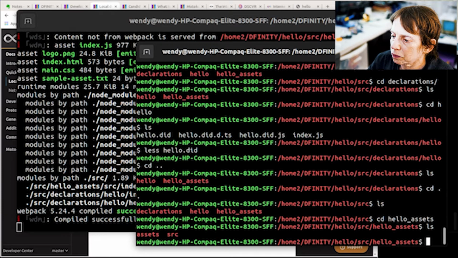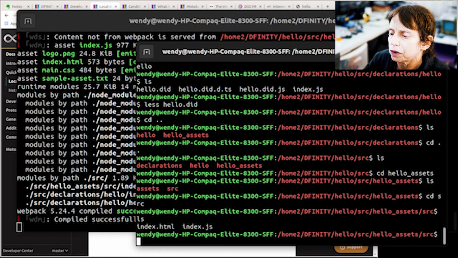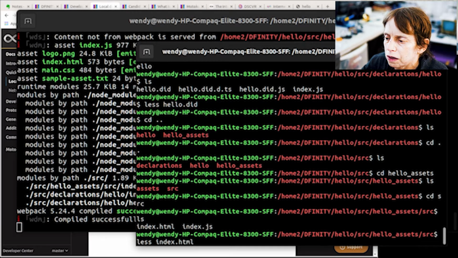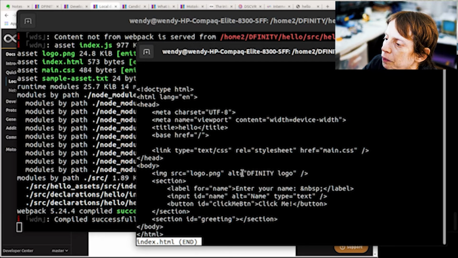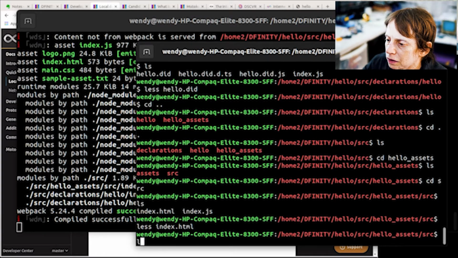If you look at source here, you have your index HTML, and that's going to produce our UI. We've got the click me button here, and I'm going to demonstrate this. If you look at the JavaScript,